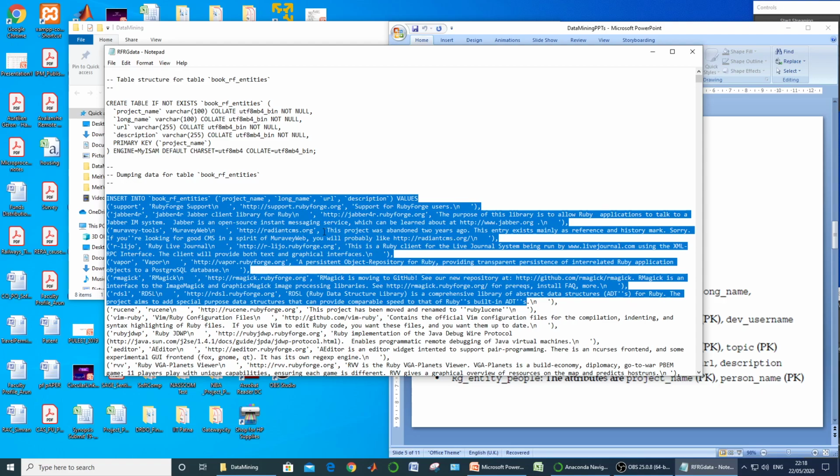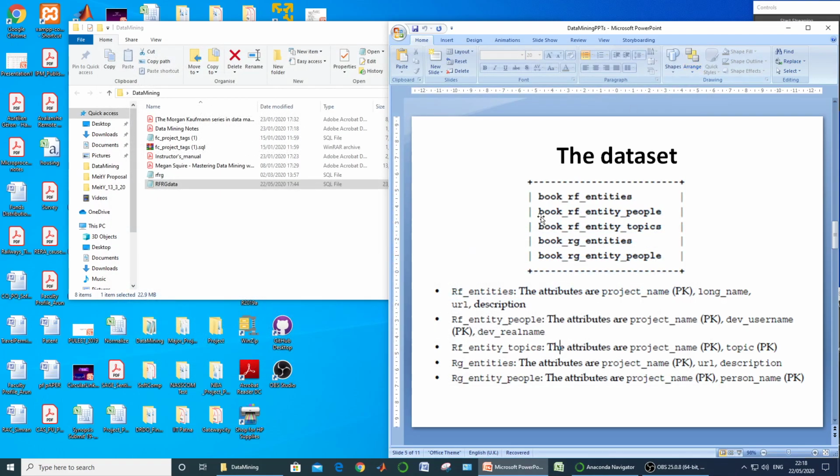It means this file contains creation and the actual data that is to be inserted in all these five tables. So this is the .sql file that is provided to us. By using this SQL file we'll be populating all these tables.